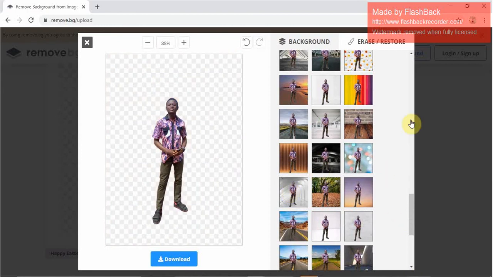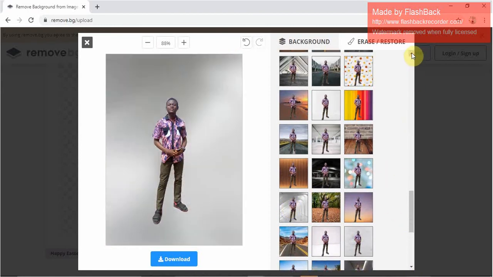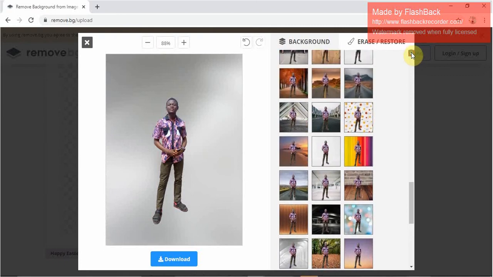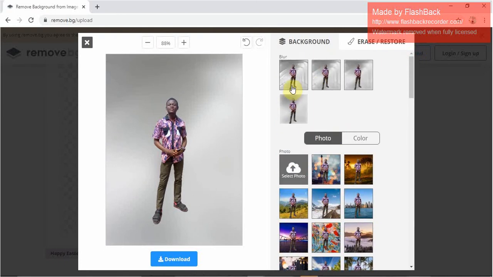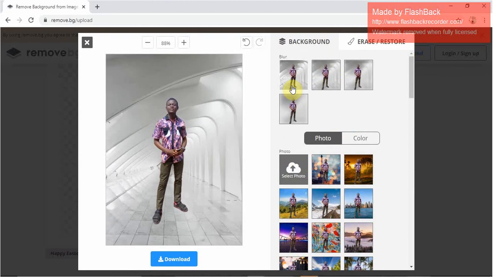You can see it. And if you are not satisfied with the current background from the website, you can select a photo from your library, that's from your file.